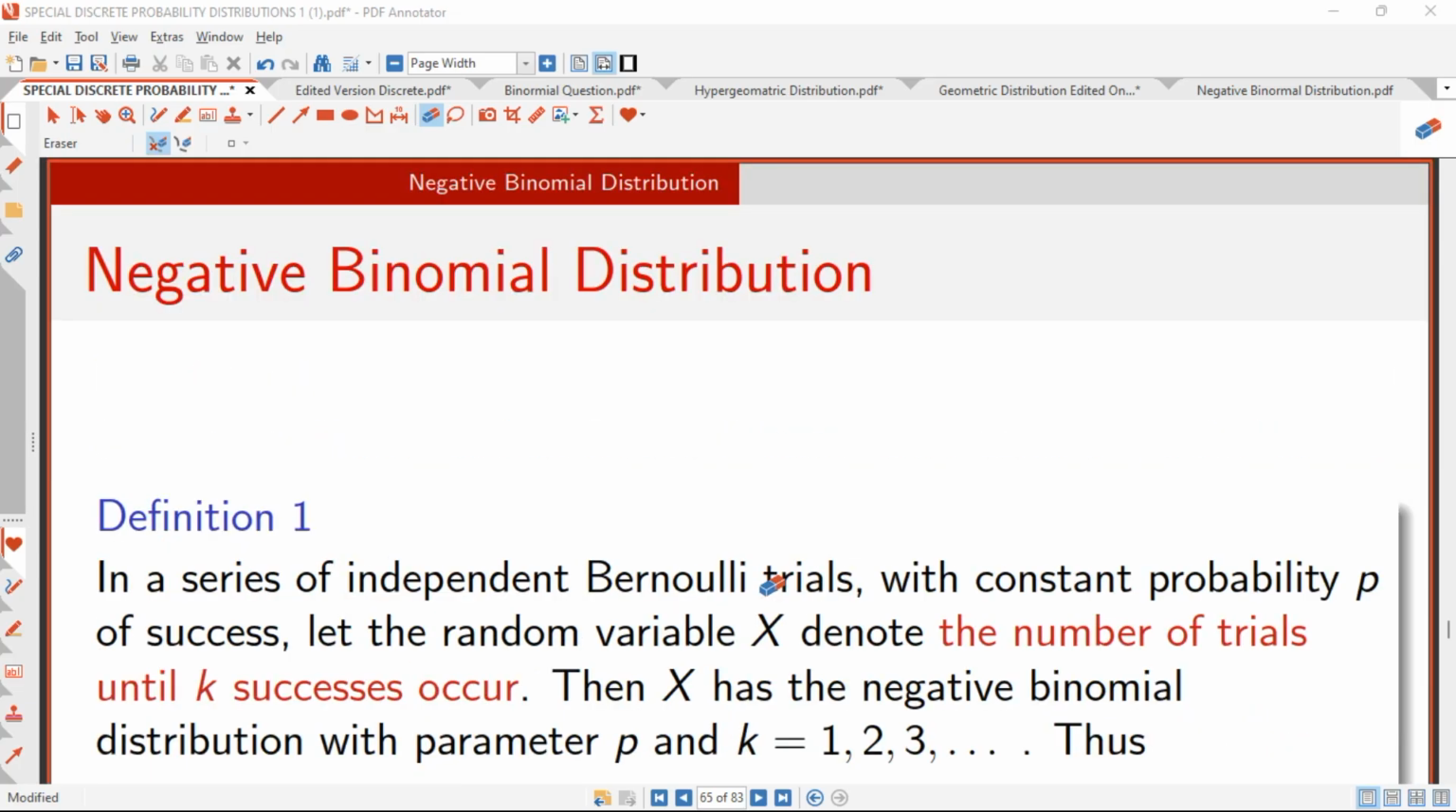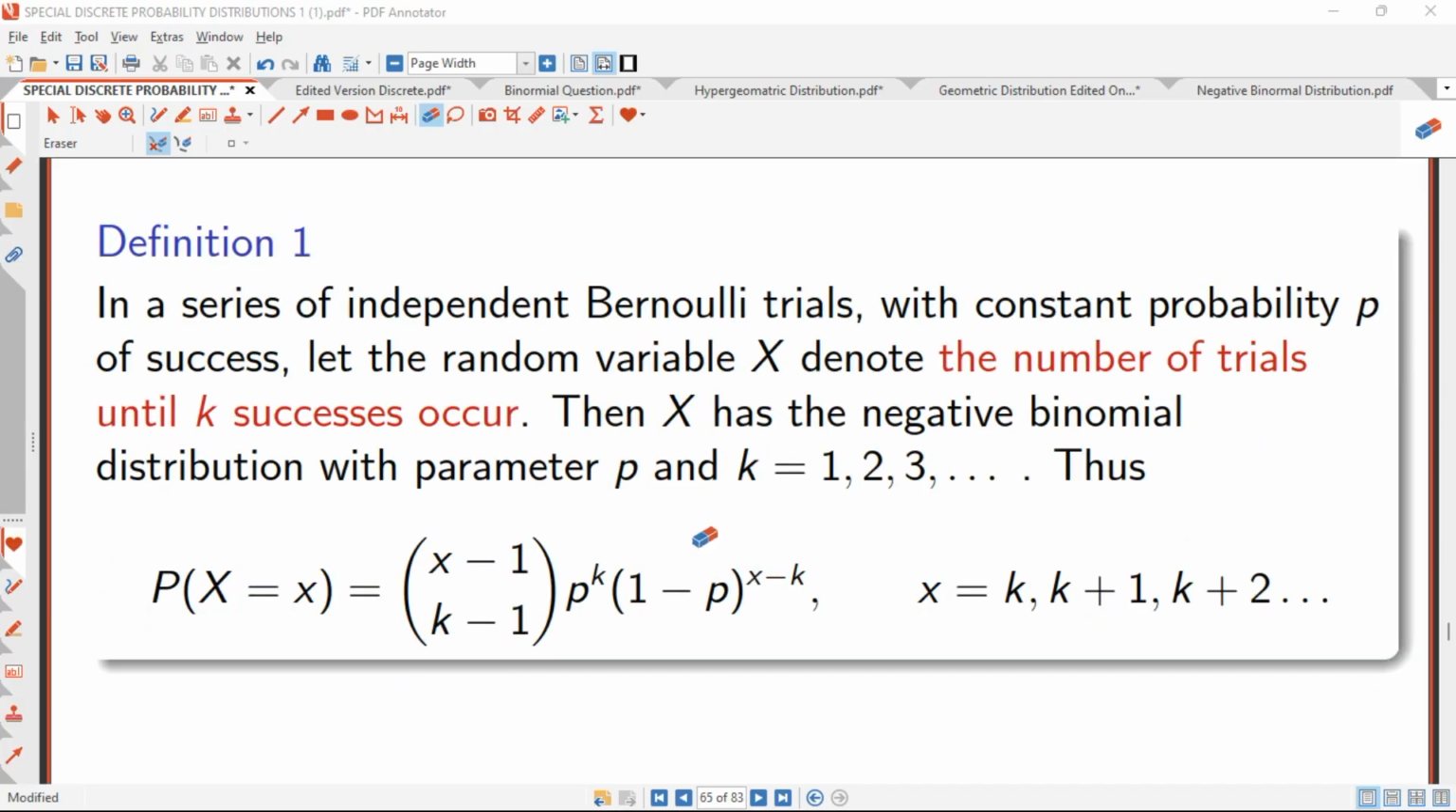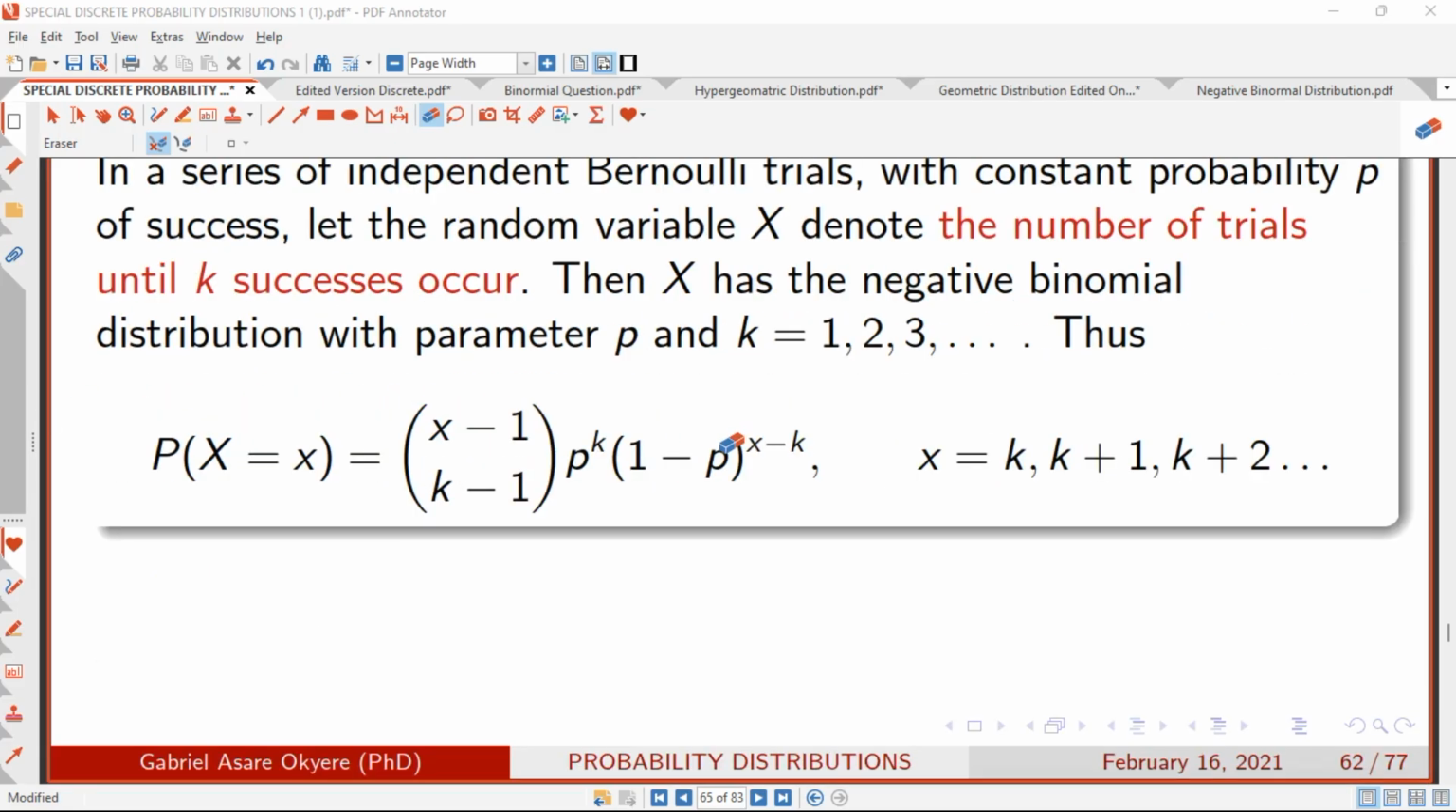for the negative binomial distribution. Here we have two definitions. The first definition says that in a series of independent Bernoulli trials with constant probability P of success, let the random variable X denote the number of trials until k successes occur. Then the PMF would be X minus 1 choose k minus 1 times p raised to the power k, times (1 minus p) raised to the power X minus